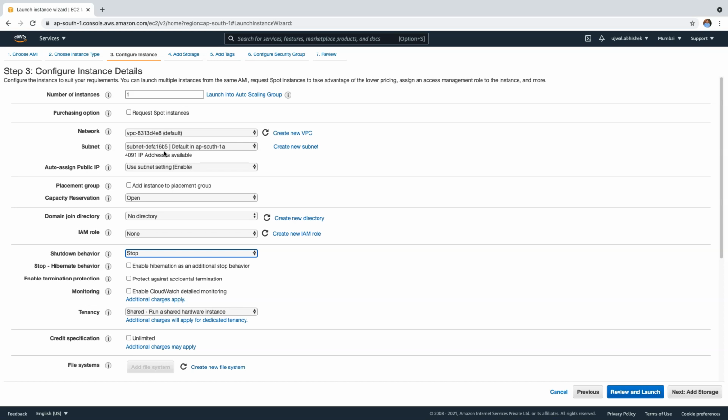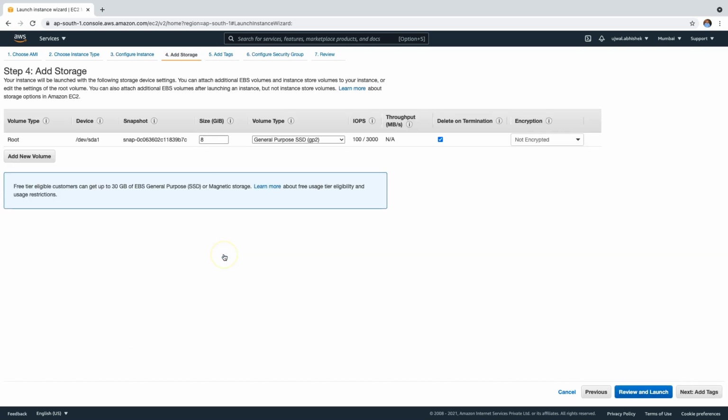So going forward, on the very next step, you will get the option to alter the volume size. You can use this option to alter your volume size, and just click on add tags next, and this